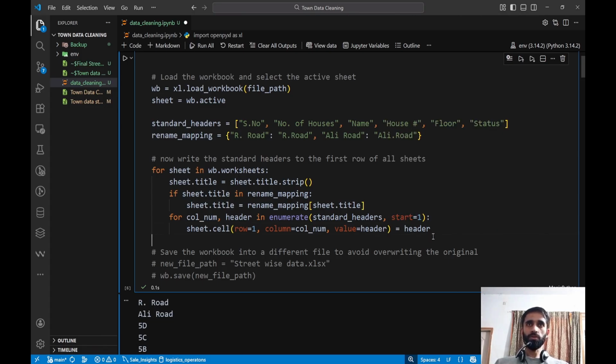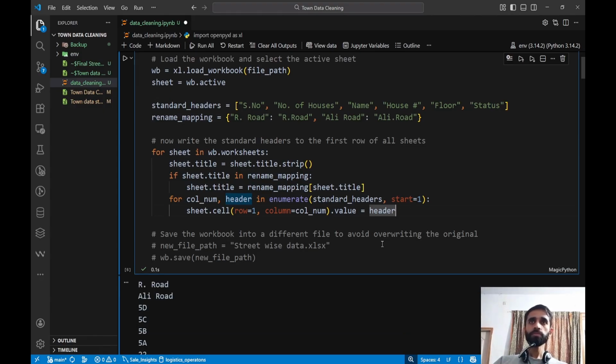Okay, so I think after doing this we don't even need to do this, but I like to do this. So sheet dot cell, we gave the reference row number, column number, dot value is equal to header, and header is going to be the serial number, number of houses, name, as we progress in the for loop. In this way, it will keep changing the column names of each and every sheet. So we are done with our first cleaning